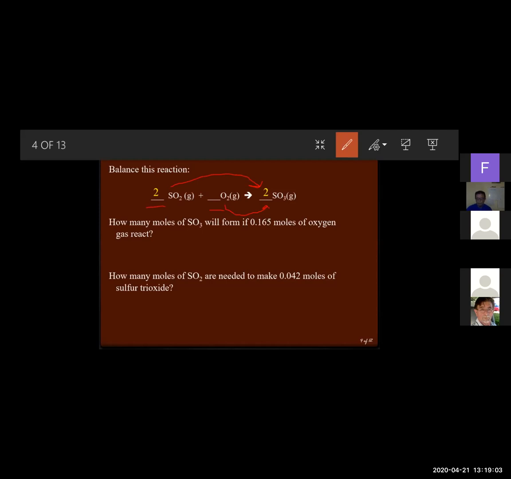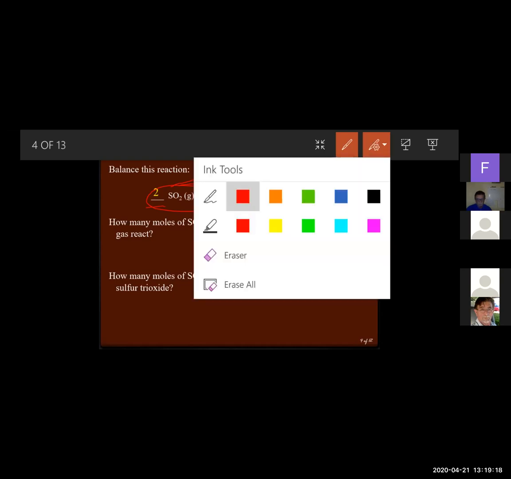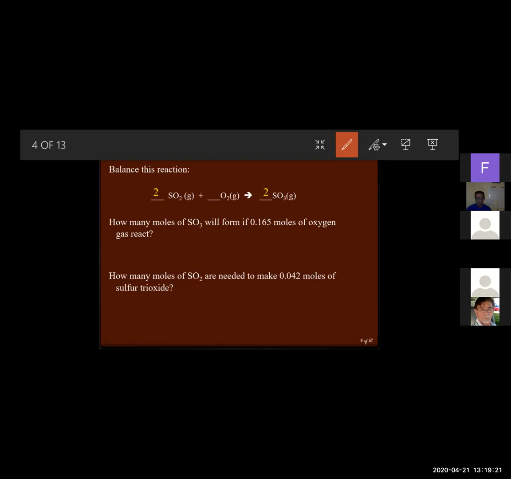Okay, so I got three ratios here: ratio between the reactants, ratio between one of the reactants and the product, and the other reactant and the product. So I got 3 relationships here, ratios to be familiar with. Why? Because the problem can take you to either one of them. And so here the problem says how many moles of sulfur trioxide. So we wanted to calculate how much product we're making. And so that tells us sulfur trioxide, as far as that mole ratio, is going to be in the numerator.